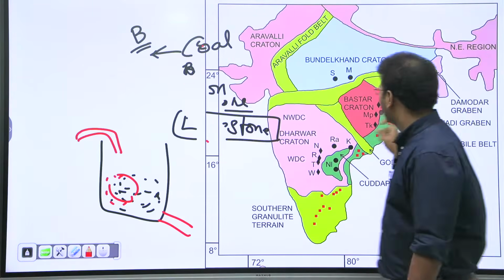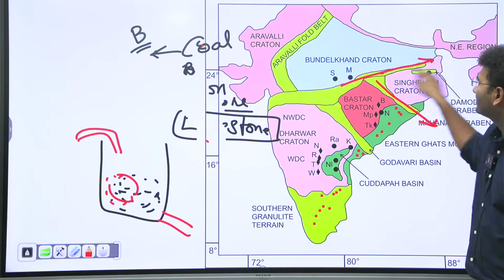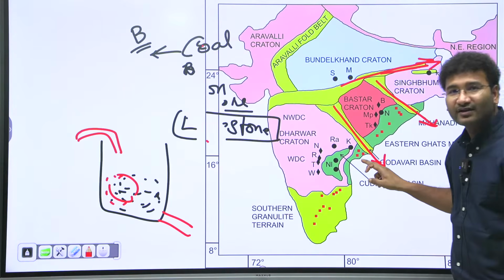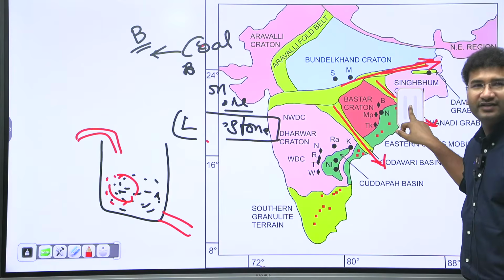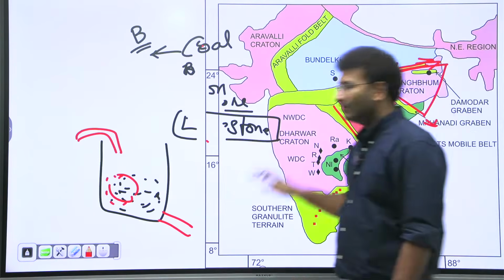So all of this can be found here. See these valleys. Can you see these valleys? Mahanadi is there, Singhbhum is there, Godavari also has coal. Okay, Singareni. You have coal here. You have coal here. Damodar Valley. Okay, Jharia, Dhanbad. You name it, you have it. That's why this is the cradle, the hub of all the industries.